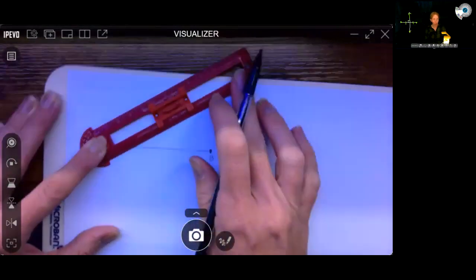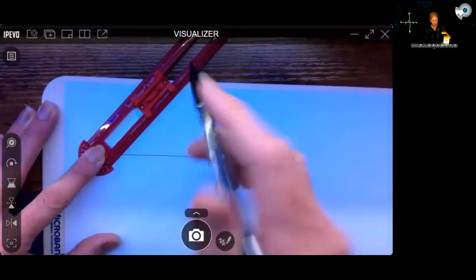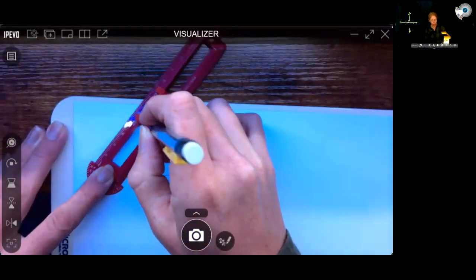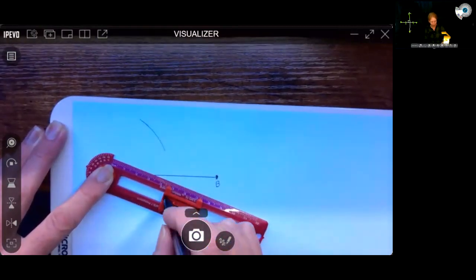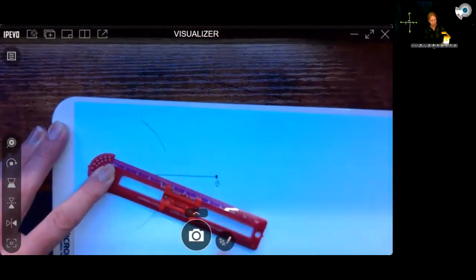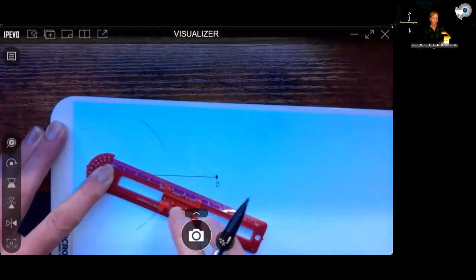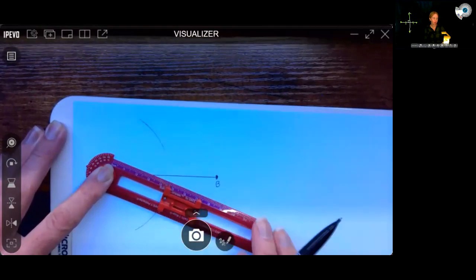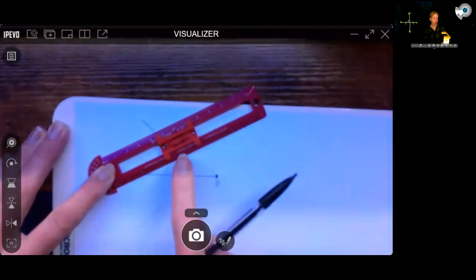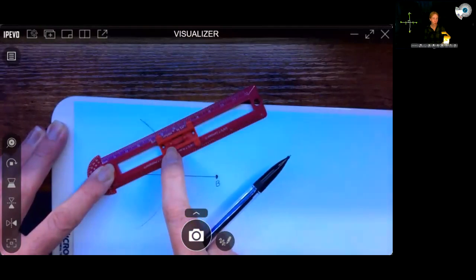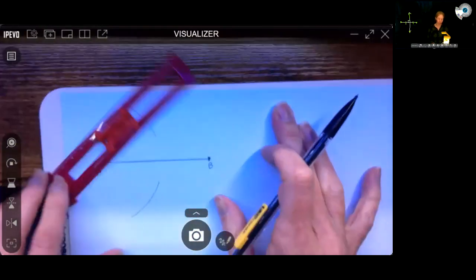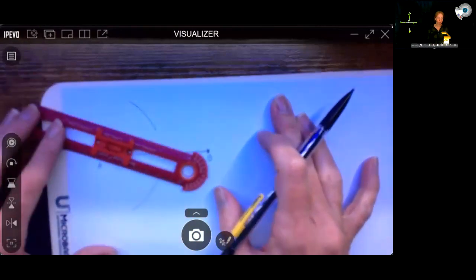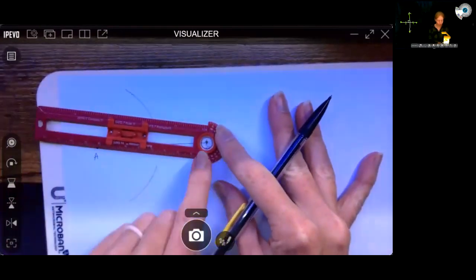Okay. And I'm going to use this tool. I'm going to come up here so I don't run into my keyboard. And I'm going to make an arc at the top. Okay, I'm going to roll it down and make an arc at the bottom. Have to be real careful with these compasses that when you're making the arcs, this doesn't wiggle. Okay, now I'm keeping my compass radius slider exactly where it is, and I'm remembering that I used the inner dot. Okay, step 2 is to turn my compass around, put it on point B,